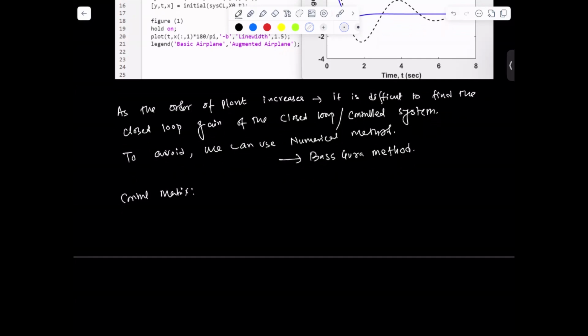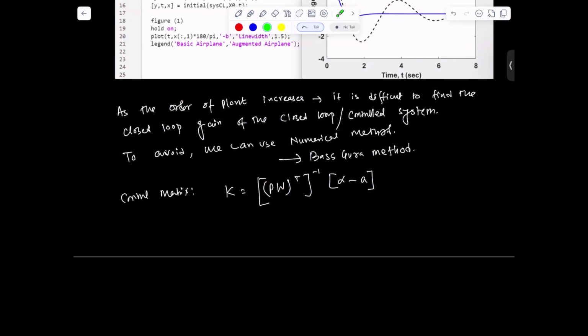We can use a simple formula K equal to P W transpose inverse, alpha minus A. So here P is the controllability test matrix, W is the triangular matrix, and alpha is the coefficient of the desired polynomial, and A is the coefficient of the open loop system